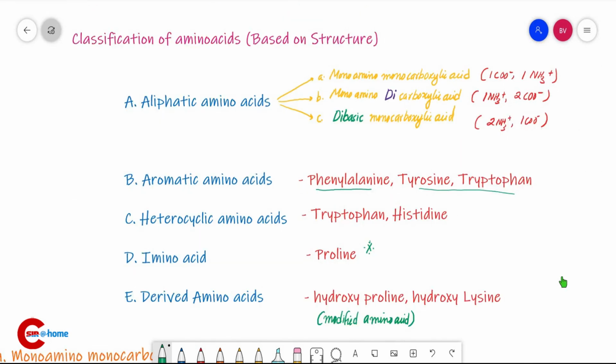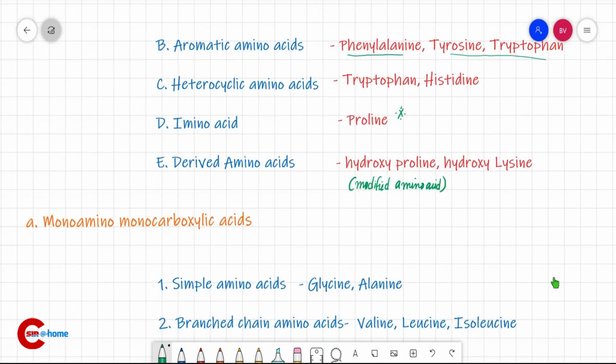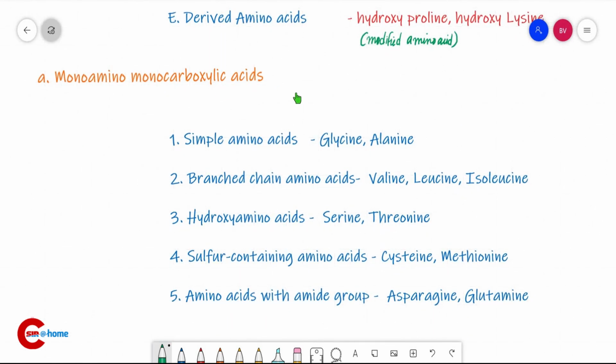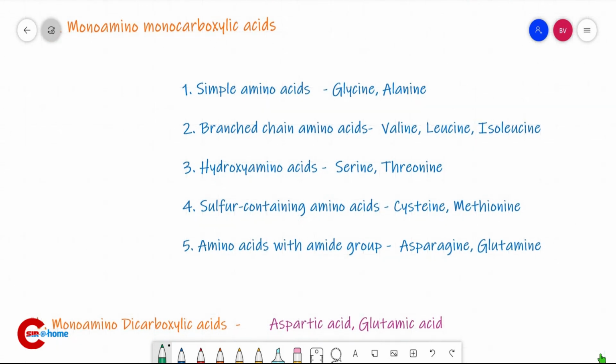Amino acids are classified into 5 categories: aliphatic amino acids, aromatic amino acids, heterocyclic amino acids, imino acids, and derived amino acids. Aliphatic amino acids are further divided into 3 categories: monoamino monocarboxylic acid, monoamino dicarboxylic acid, and dibasic monocarboxylic acid. Understood? These are the examples. Study this one. Now we will study